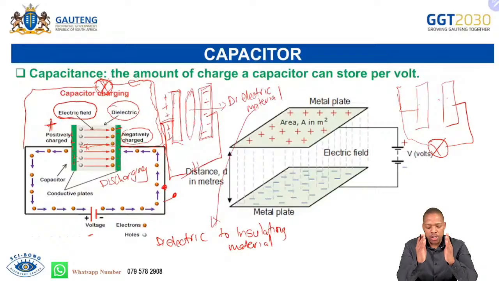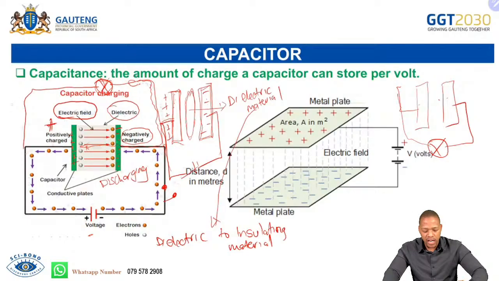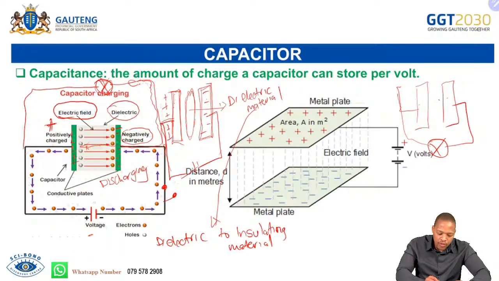It's for the same reasons why we are putting a dielectric. If the plates are touching each other, then they are going to start conducting. Are we together? I hope we are. If the plates are touching each other, they are going to start conducting, meaning that even though we can connect a battery, we will take electrons from this side, they will go here, and then they will just keep moving like this, keep moving all around. There will be no need for the electrons to move to the other side. Yes, they might move while we have a battery, but if the battery stops working, the electrons will